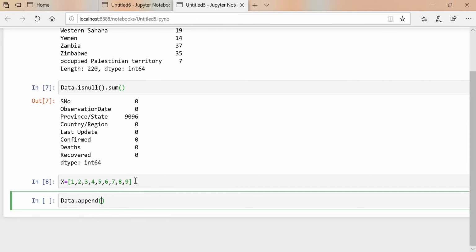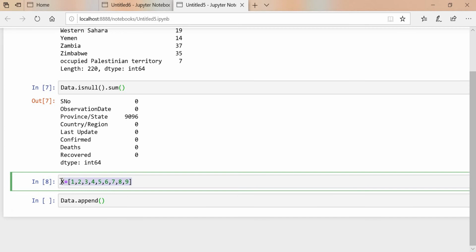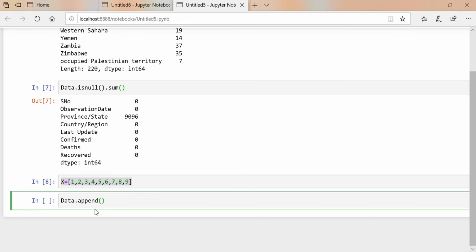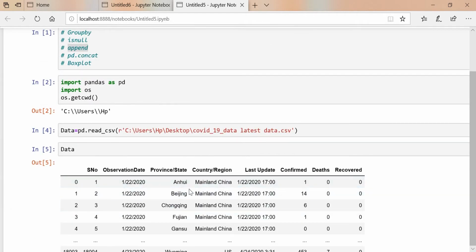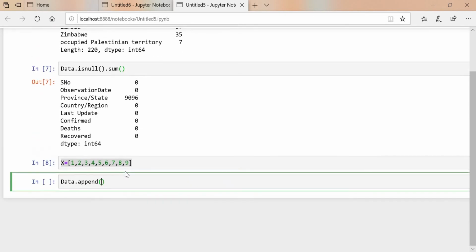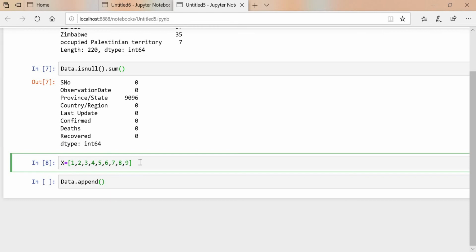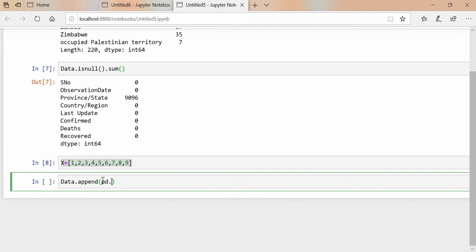Then we have to pass this x inside, but we cannot pass it directly because this is a data frame and this is a list. So first of all we have to create the data frame of x. Simply pd dot DataFrame, we'll pass this x inside. We'll execute this one.